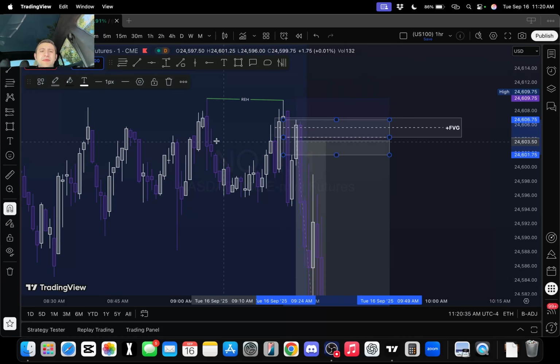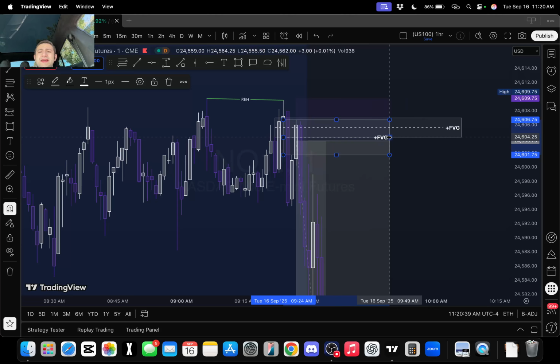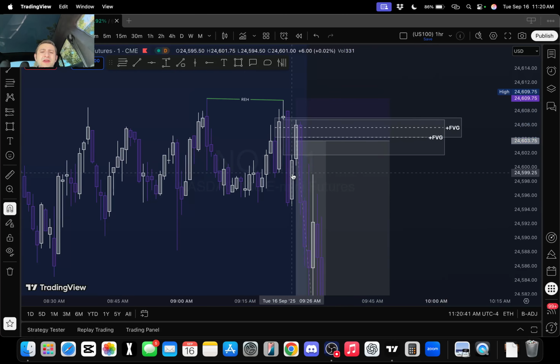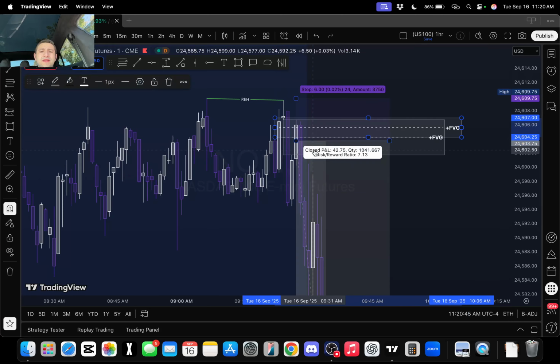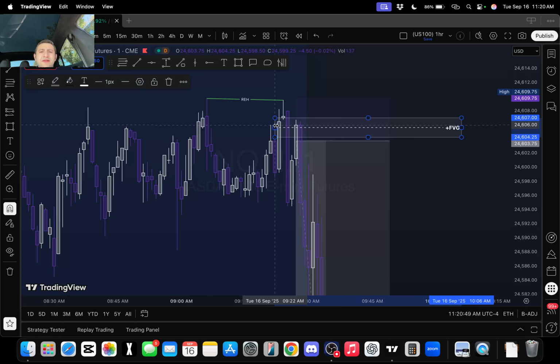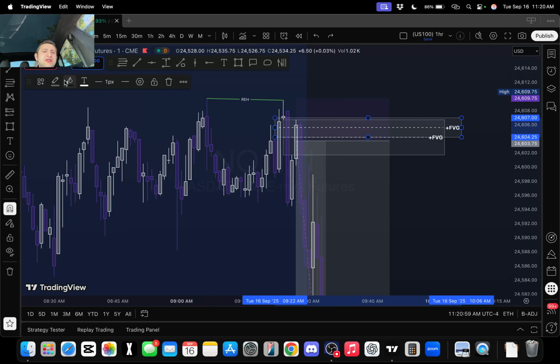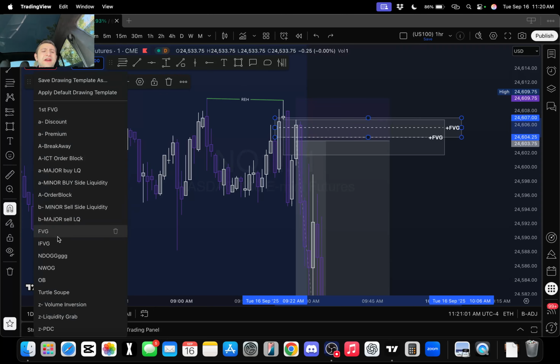Left a fair value gap, right? And in the wake of it making that fair value gap, see how the market traded lower and then traded back to this original fair value gap that I was outlining. See how it traded back to the 50%, continuation lower. So it inversed. That's what an inversion fair value gap is.